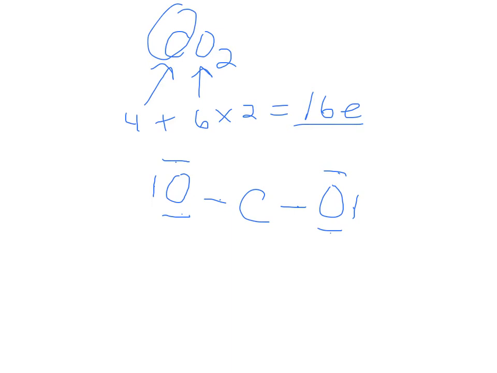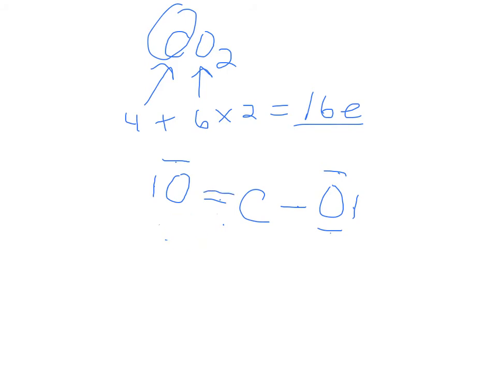Now, if we run into the problem where we don't have enough electrons to give every element that needs one a complete octet and still have single bonds, that's when we need to introduce the idea of double or triple bonds. A double bond is basically taking one of these pairs of electrons that oxygen has all to itself. Instead of that belonging just to oxygen, we move it over so that that pair is also shared between oxygen and carbon. What that leaves us with is